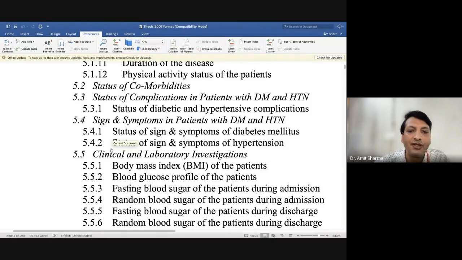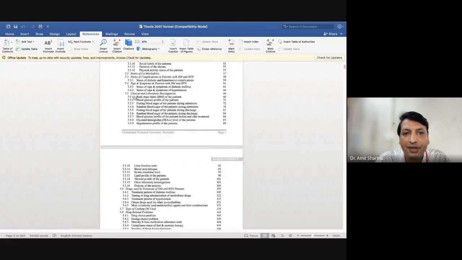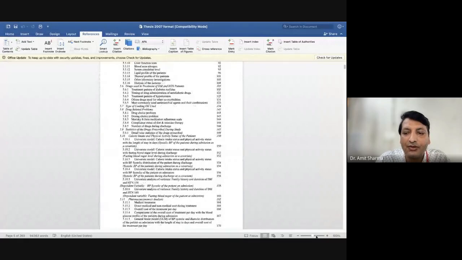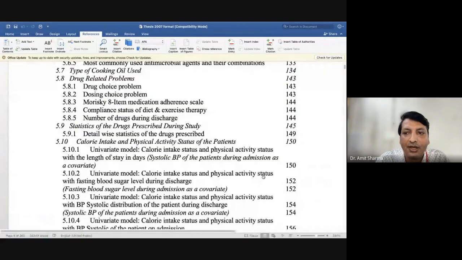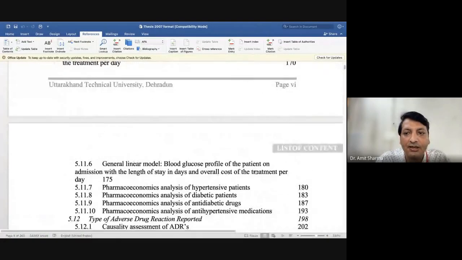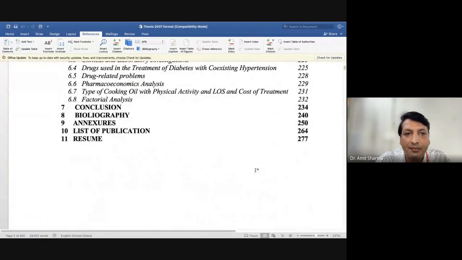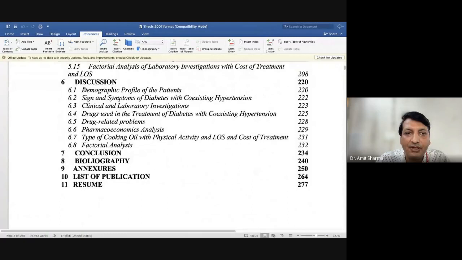The software gives you the option to choose whether you want to keep three digits or four digits, and according to that, the software is going to make the table for you. And you can see that this is the list of contents made by the software itself, whatever topics I have entered, for example, the discussion chapter, where I have only 8 topics.